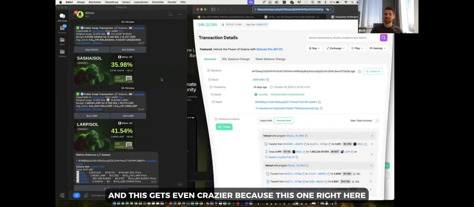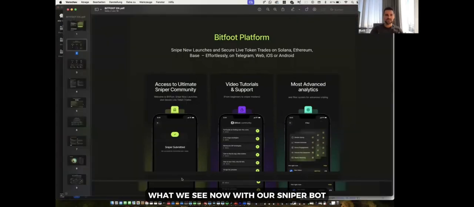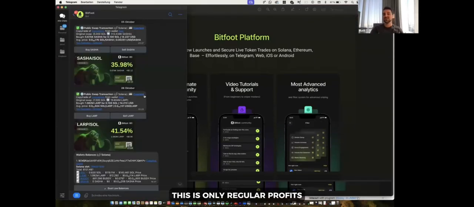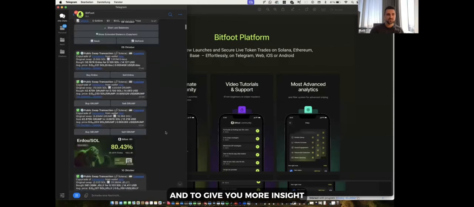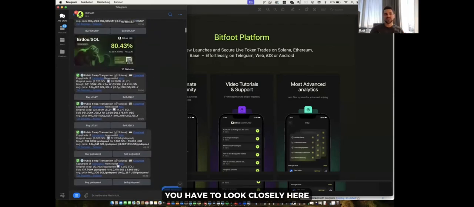And this gets even crazier because this one right here, what we see now with our sniper bot, this is only regular profits. When we're talking about insider wallets, that's where the big money is coming from. And to give you more insight, you have to look closely here. So on 10th October at 3:50 in the night, I was sleeping. My phone was offline, but my wallet was connected to this insider. And he bought for 0.1 Solana jelly. 30 minutes later at 4:20, he sold those jelly for 0.568 Solana, meaning he made close to 600%,